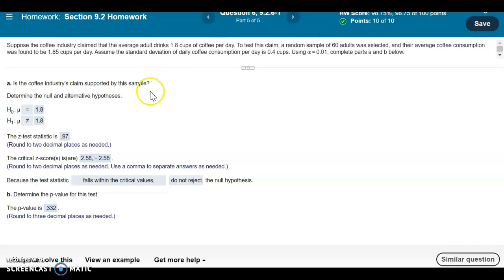All right, question 6 is a two-tail test, and you're going to do equal to, not equal to, because it says the average adult drinks 1.8 cups of coffee per day. So it's going to equal 1.8 or not equal 1.8. You would use your test statistic, 0.97. You would use the formula. Then your critical z-score, since alpha is 0.01,